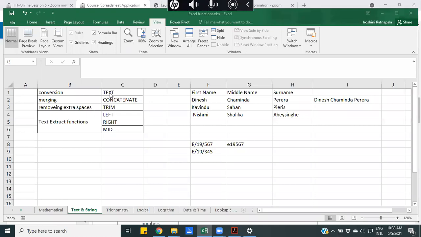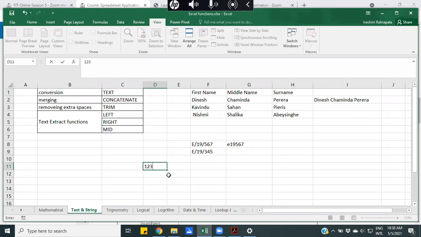the conversion function, TEXT. The TEXT function means that if you have a kind of numbering, let's say that in Excel, you know that if I type a number here and it is considered as a value, a number, it will display in right-aligned format by default.